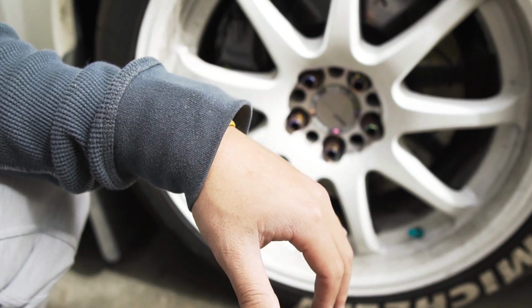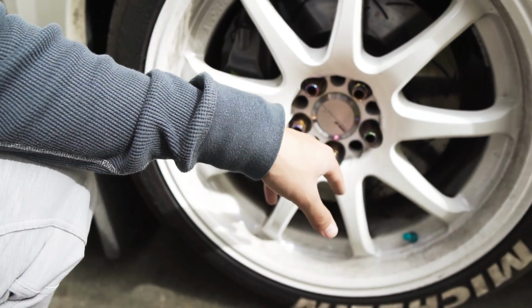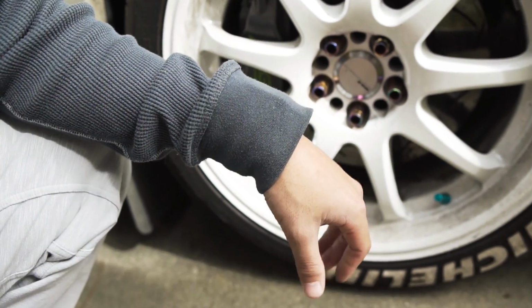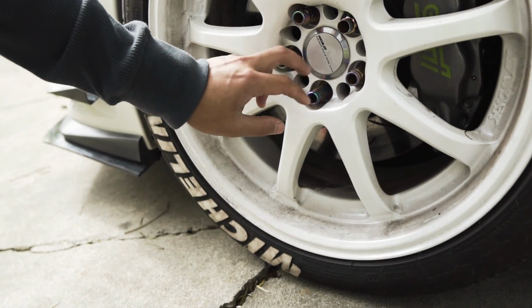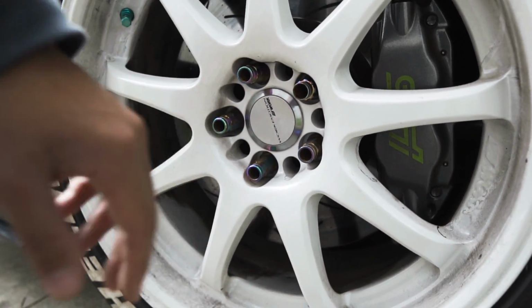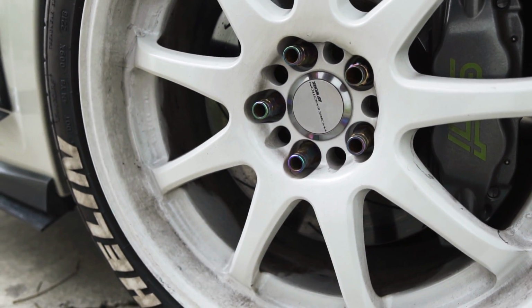So we'll be going into Adam's on Monday. Gonna snap this off. He's got another stud there, so he can pull it off. And then I'm also changing to Project Kics lug nuts, getting rid of these cheap Neo chrome ones. If everything works out the track day, I will probably switch to extended lug nuts. Those will be much better, but these are so rusted, I think it just rusted right onto the bolt. Also, my rotors have looked like they've seen better days, but